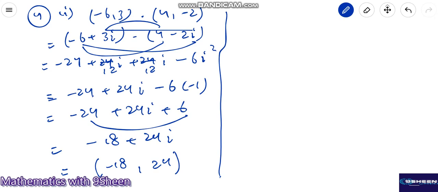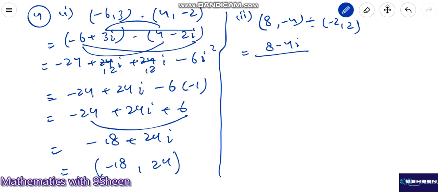Second part is (8 minus 4i) divided by (-2 + 2i). Right, we can write this as 8 minus 4 iota over minus 2 plus 2 iota. Now, if you have a numerator and a denominator, that is a divide process, then we